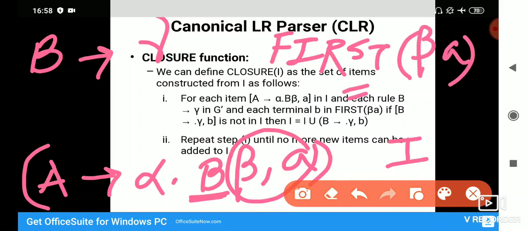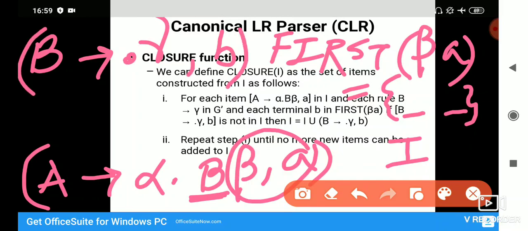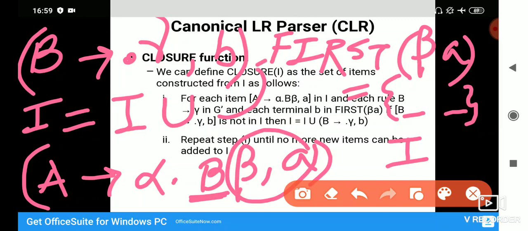If you get anything, then you will get the terminal. That terminal will be represented by, let's say, small b. Each terminal b, you have to add item B to dot gamma comma b in your item set I. That means you can write I as I union B to dot gamma comma b.